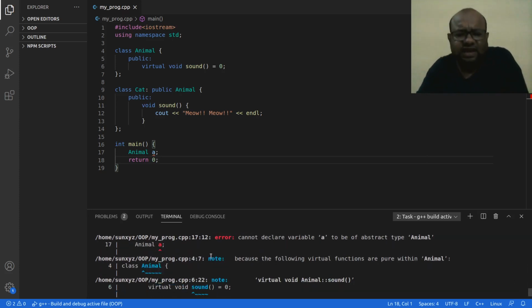It says cannot declare variable a. So I cannot create this object a of the abstract type animal because the following virtual function are pure within animal. So this sound virtual function is pure within animal.